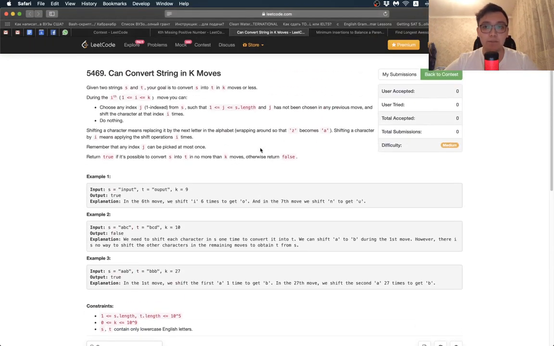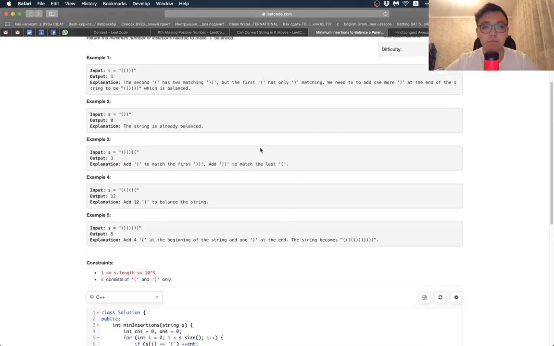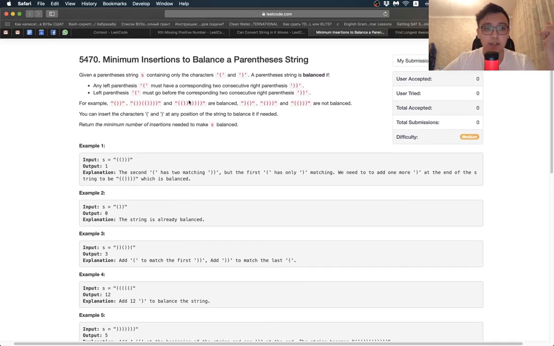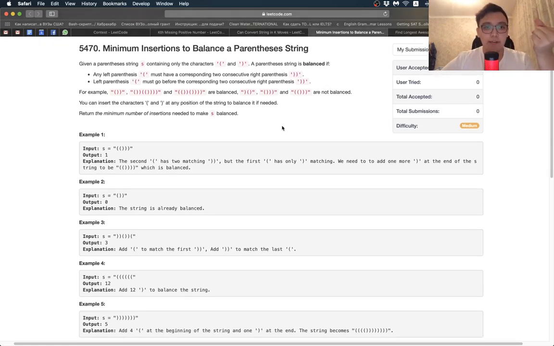Okay, let's go to problem C. Problem C was a bit confusing because at the beginning I saw that a string is balanced if it's a normal balanced parenthesis string, but actually it's not. It's a bit different. For each opening parenthesis, you need to have two closing parentheses. So what I did here,